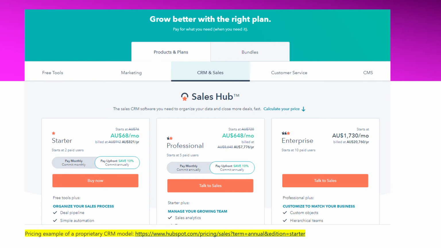This is a pricing example of a proprietary CRM model. This is a HubSpot pricing page. As you can see, I've got CRM and sales highlighted in the middle there, right here. But basically, what you're looking at there is 3 different models. You've got your starter, professional, and enterprise. Starter at $68 Australian dollars per month, all the way up to $1,730 per month. That's billed at